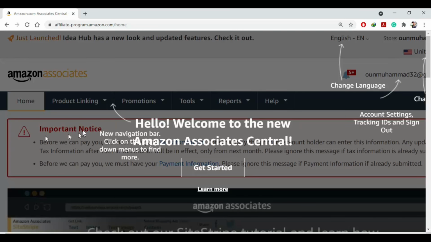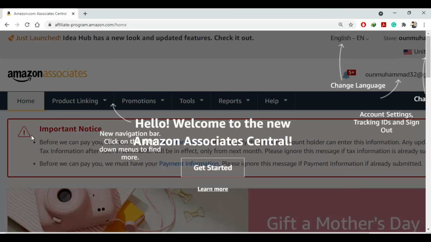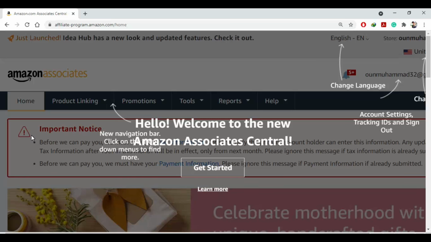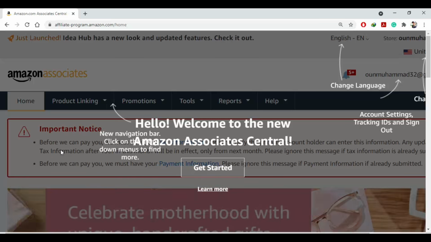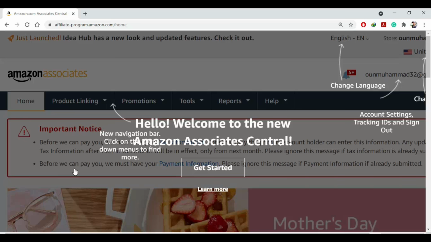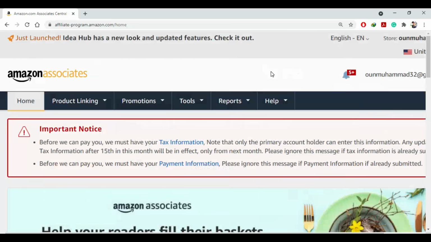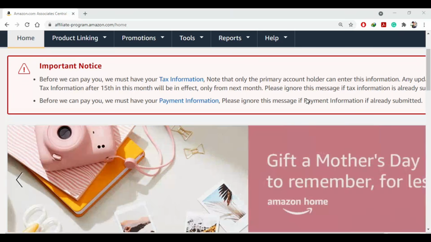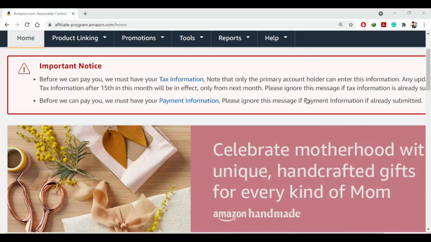After creating your account, you will be told here how you can make a link to a product or generate the code for a banner ad. At the same time, you will be told here how much commission you will get for the product categories. Get started. Now your Amazon affiliate program account is ready. Now you can earn by creating a link to the product you want to promote.